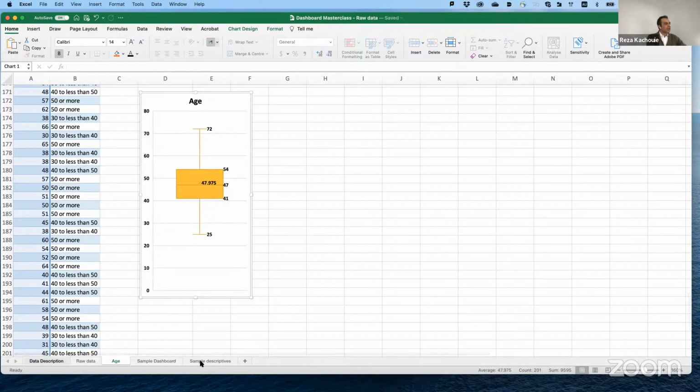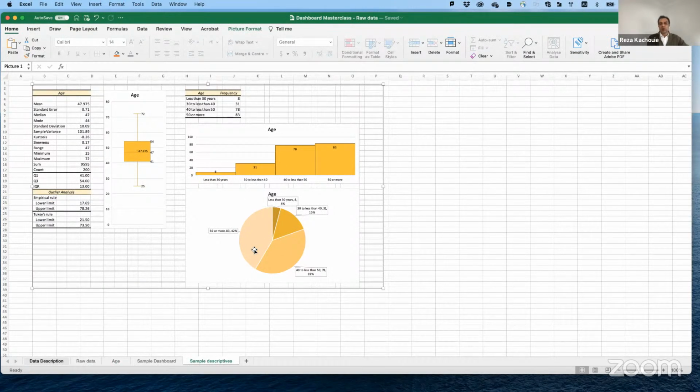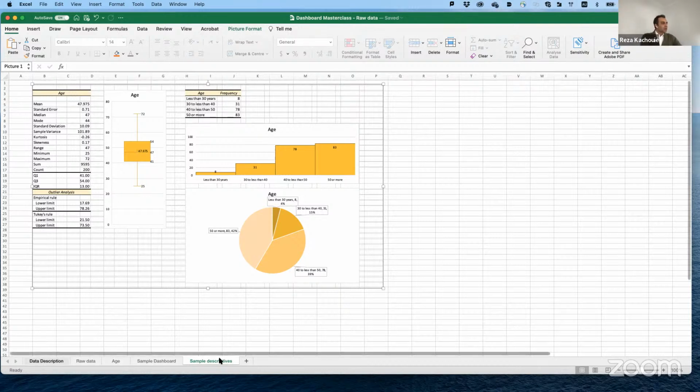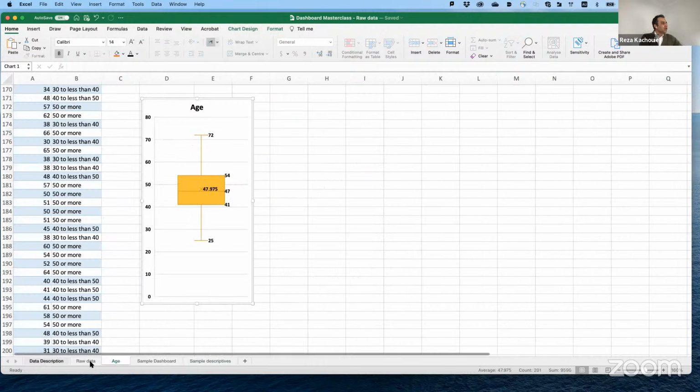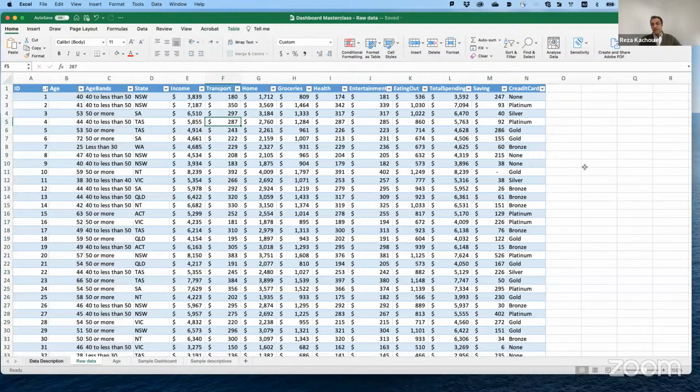You can create something like this one, the frequency or the bar chart. These are the things that we are going to use in our dashboard. Now you have created everything for your first variable, age. Then you need to go through all of the other variables and do the same.